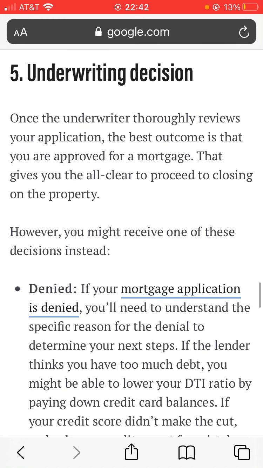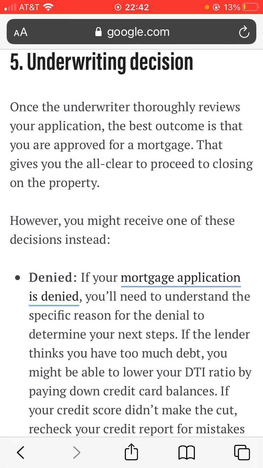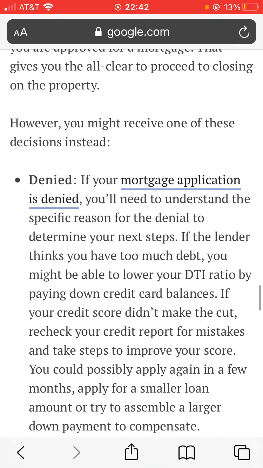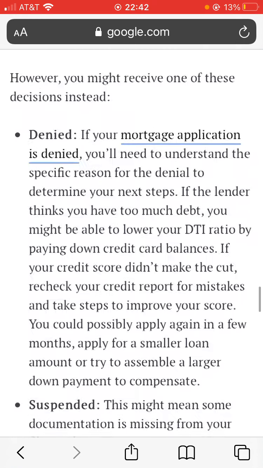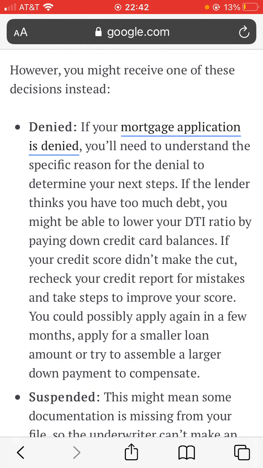So number 5 is underwriting decision. So this is the last step. So once the underwriter thoroughly reviews your application, the best outcome is that you are approved for a mortgage. That gives you the all clear to proceed to closing on the property. However, you might receive one of these decisions instead: denied. If your mortgage application is denied, you will need to understand the specific reasons for the denial, determine your next